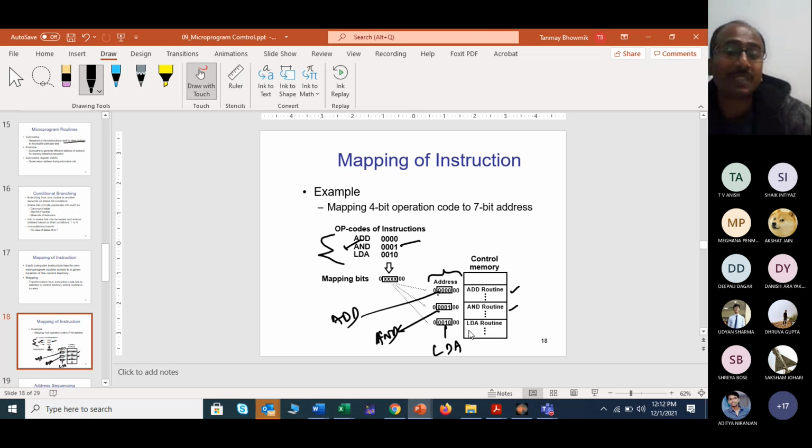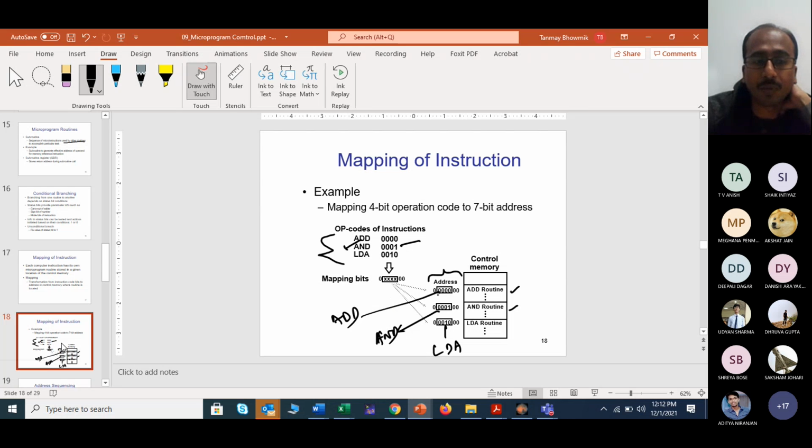So this is actually the mapping of instruction, right? Some numerical problems, or very small one-liner or multiple choice questions, can be given from this. It is very easy. We will give some instruction code and some common address, and mention that these 4 bits will be used for mapping the instruction, or for the opcode. Then you need to say which one is being used for which condition. You can easily do this. It is not very difficult. You can just see how they are being mapped.